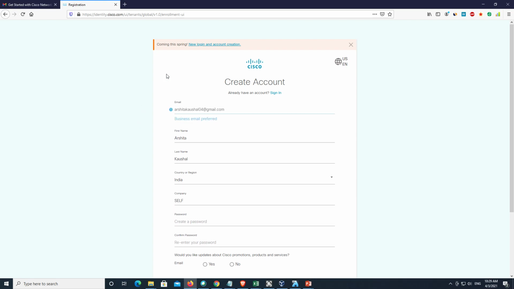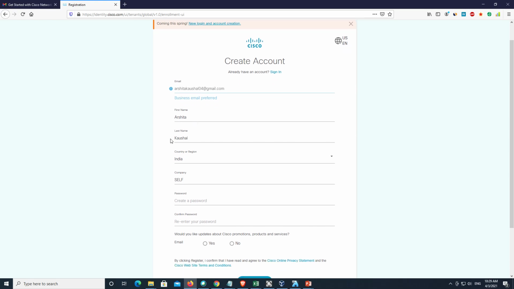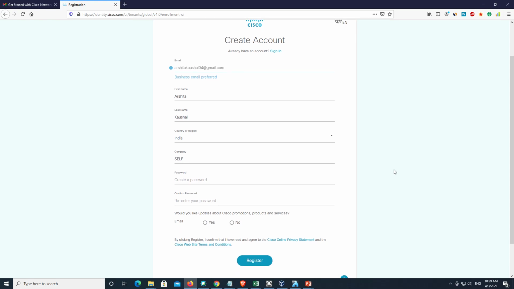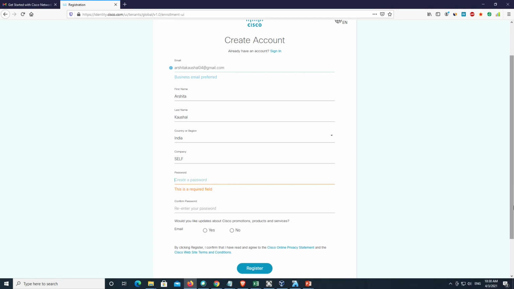Here you will get a form to create an account on Cisco. Check that your first name and last name match your certificates, meaning whatever name you want on your certificate, you should update accordingly. Now you need to create the password.